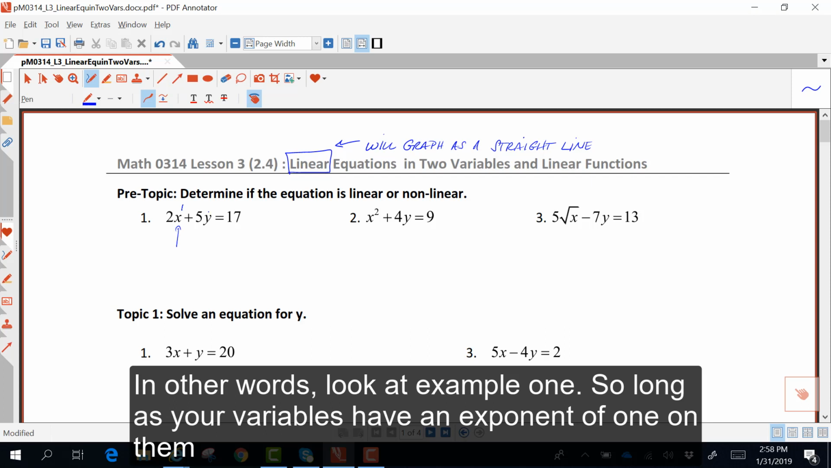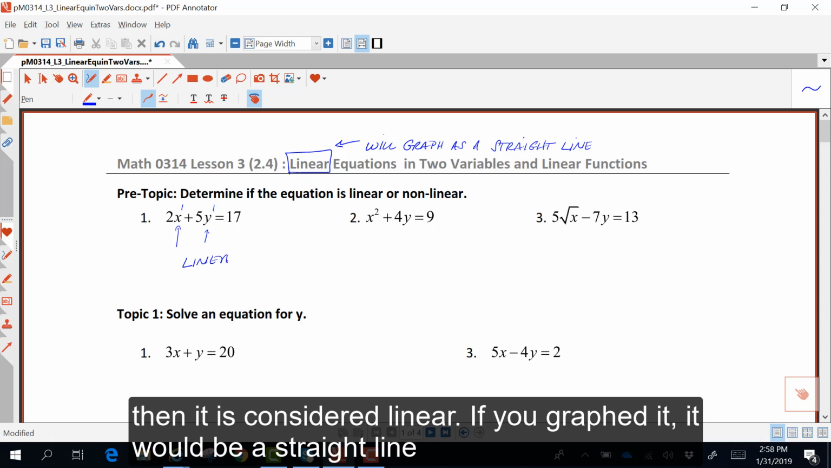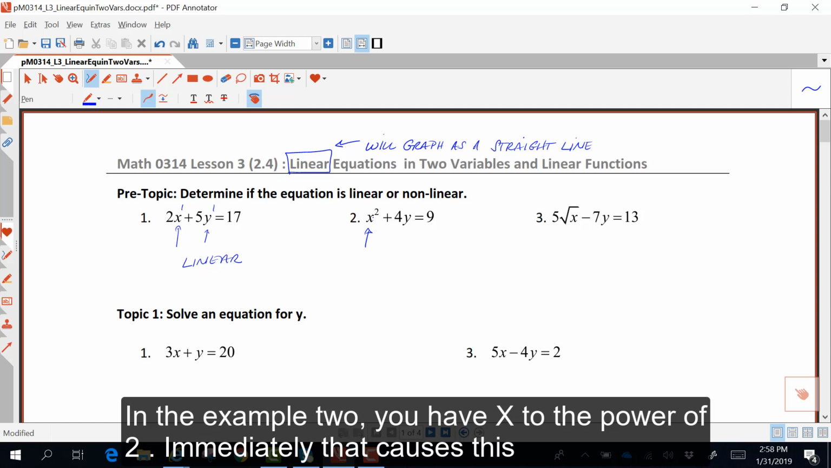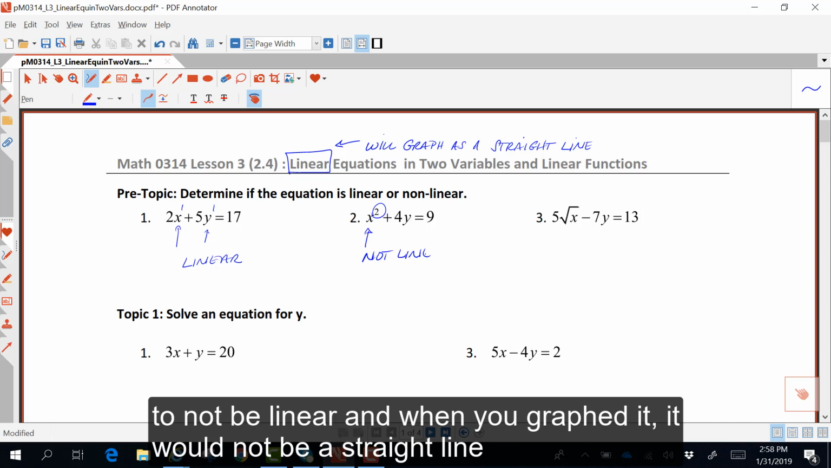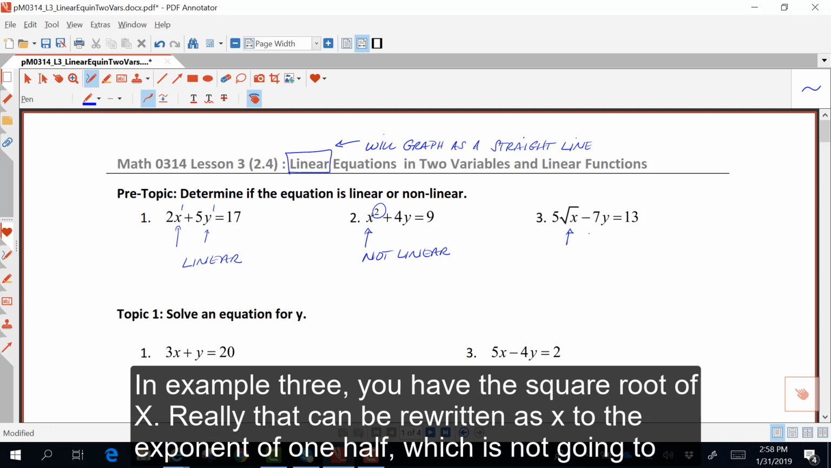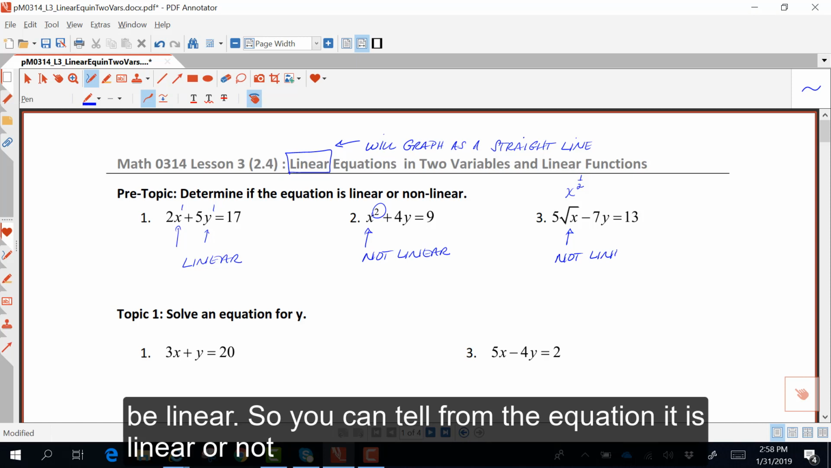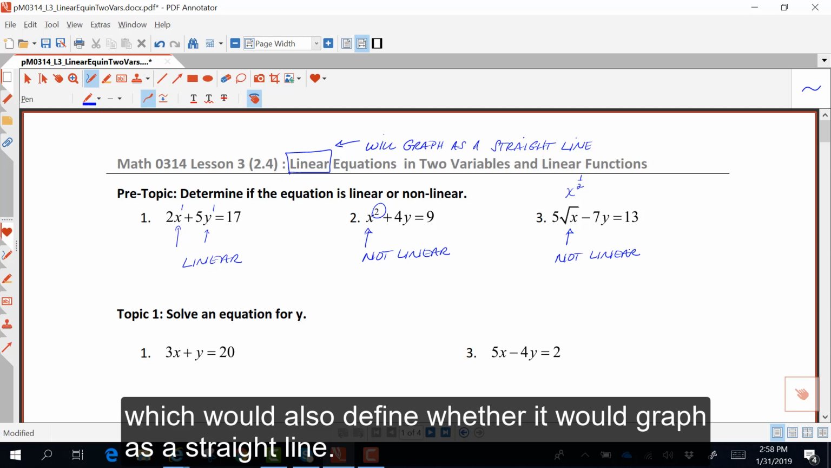So long as your variables have an exponent of 1 on them, then it is considered linear, and if you graphed it, it would be a straight line. In example 2, you have x to the power of 2. Immediately that causes this to not be linear, and when you graphed it, it would not be a straight line. In example 3, you have the square root of x. Really, that could be rewritten as x to the exponent of 1/2, which is not going to be linear. So you can tell from the equation if it's linear or not, which would also define whether it would graph